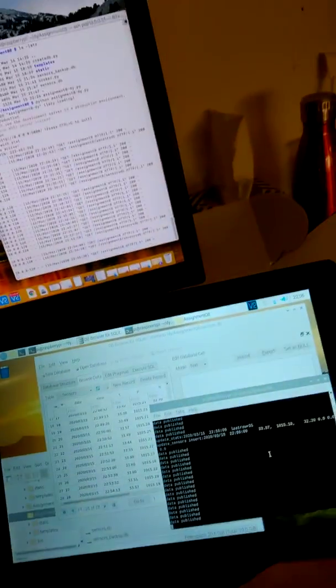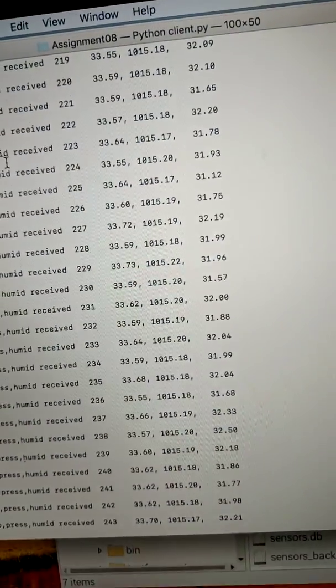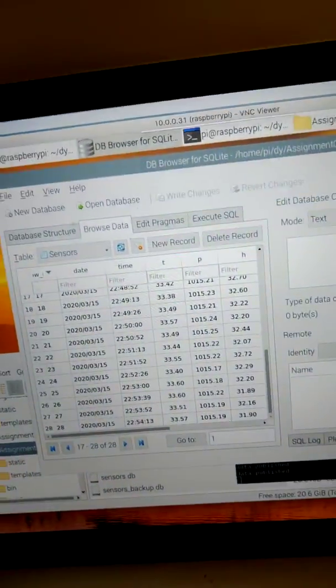Okay, so the client on the Macintosh is also as before. It is receiving that data. So what's new, and I'm using VNC also, which gives you a little better view,